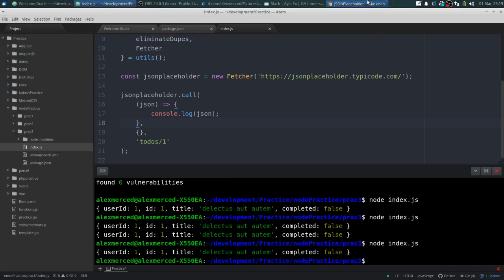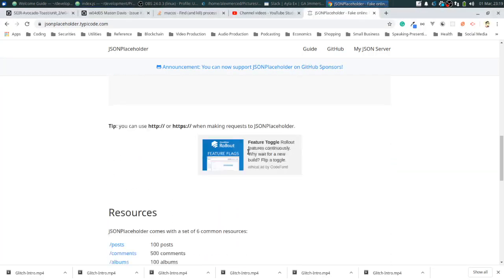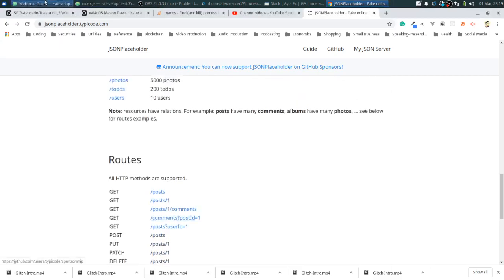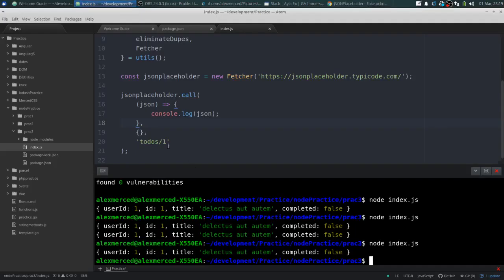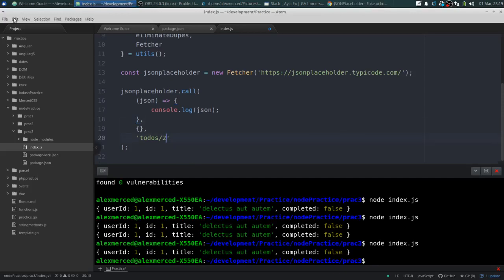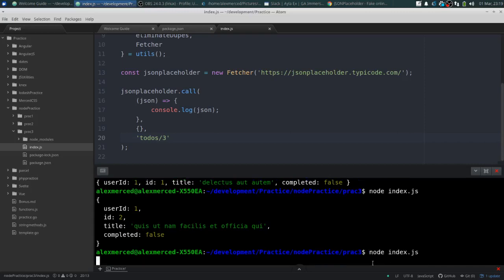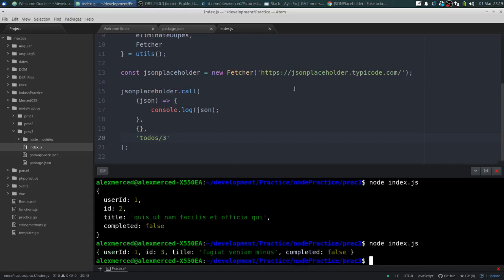But now I can save all those little endpoints, or quickly switch between them. Let's go back to here. I can just change the 2 for another call, save. I get the second one. I can change this to ID 3, and it'll give me the third one. Okay, so that's a nice flexibility because you're not having to type in the entire URL every